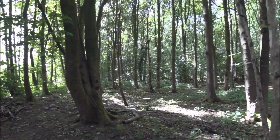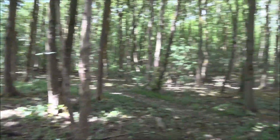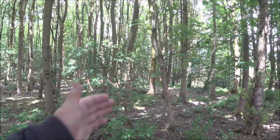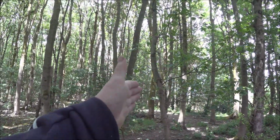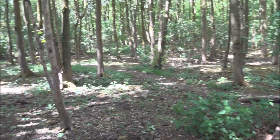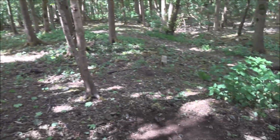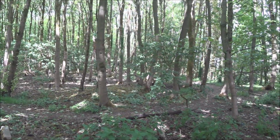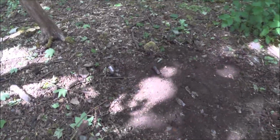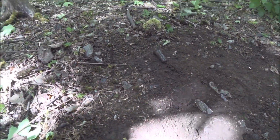So today you join me, I'm in the same forest as my last videos, but the dig site I was at the last couple of times is probably about 200 metres in that direction. I've just been walking around trying to see if there's anywhere else that looks promising, and I've just come across this part. It is quite close to the footpath unfortunately, but it's a good couple of metres away from it. I've just been kicking about some of the dirt here, and I've just come up with